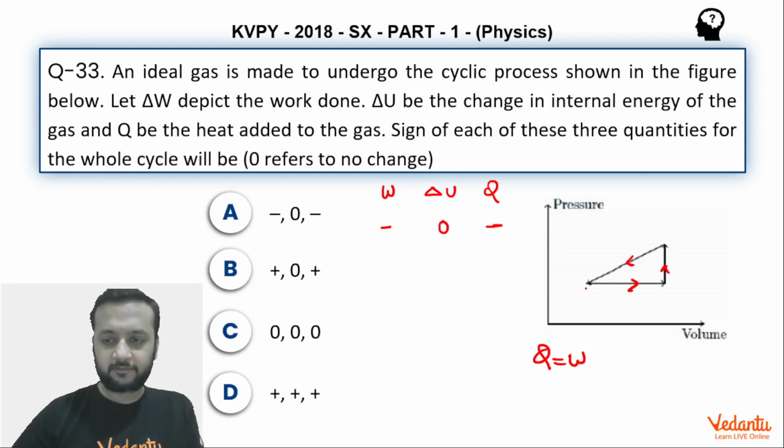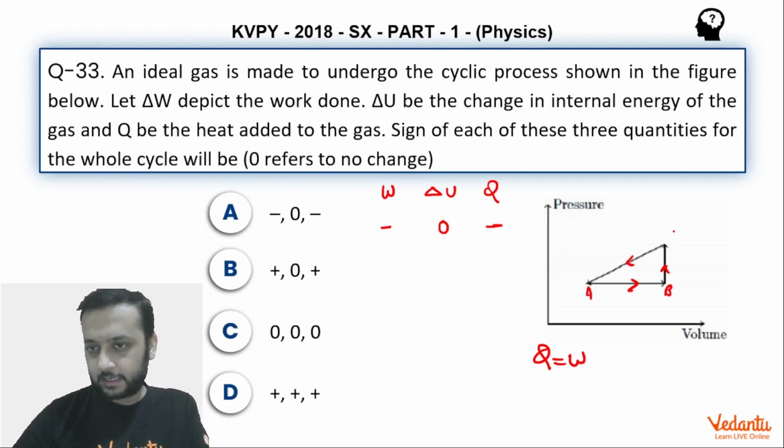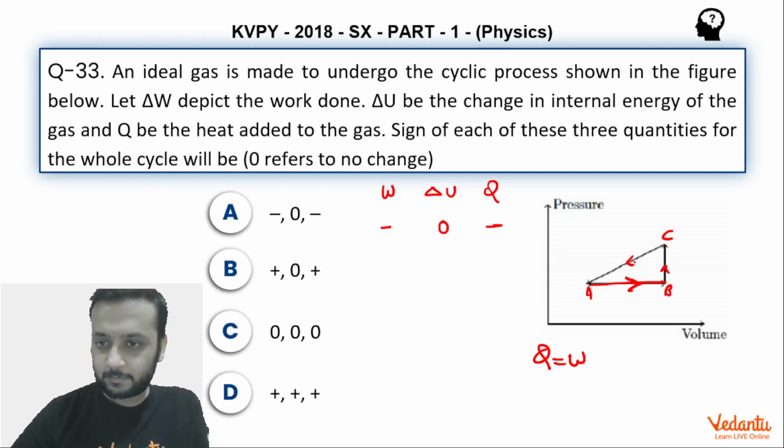Now if you want to understand why, in the anti-clockwise cycle, the work done comes out to be negative, you can see from here. Let's call this ABC, okay? If you look at the AB curve, in AB the expansion is happening and it happens at the lower pressure, correct? So expansion is happening at the lower pressure. In the expansion the work done is positive, and here the work done is zero. Whereas in CA, the compression is happening, but it is happening at the higher